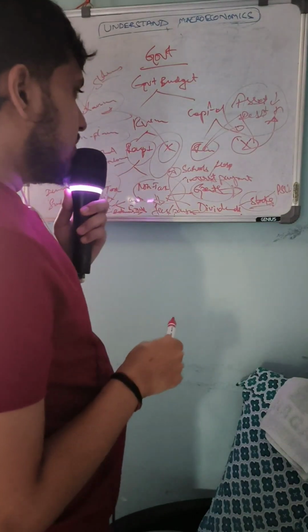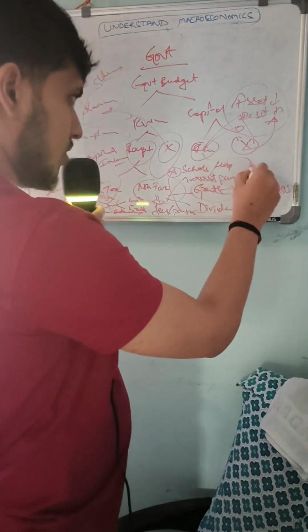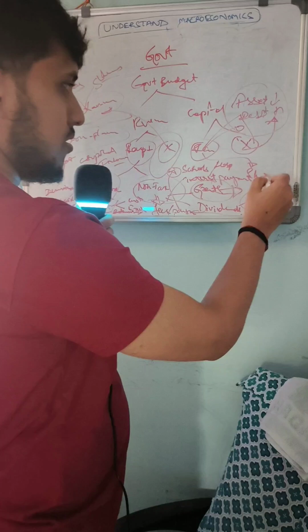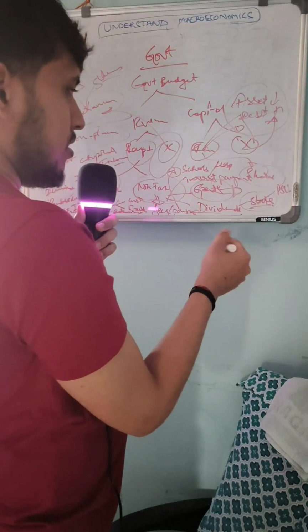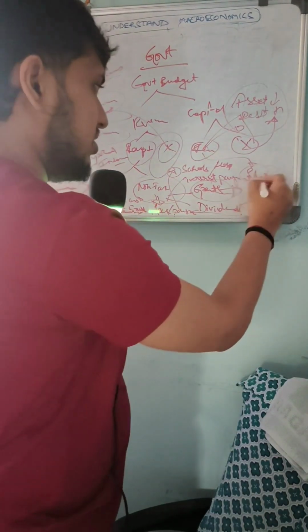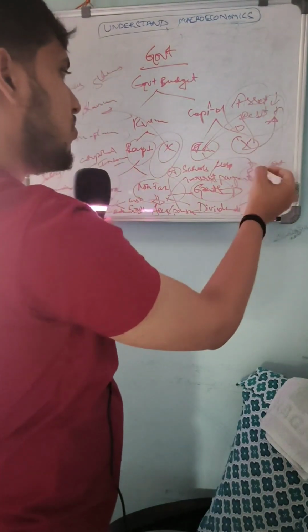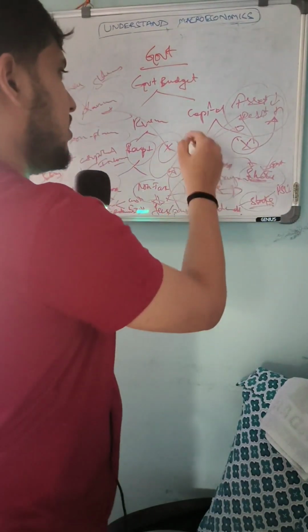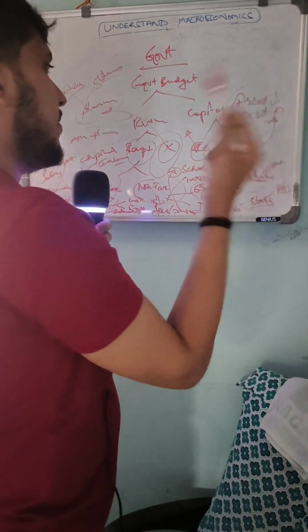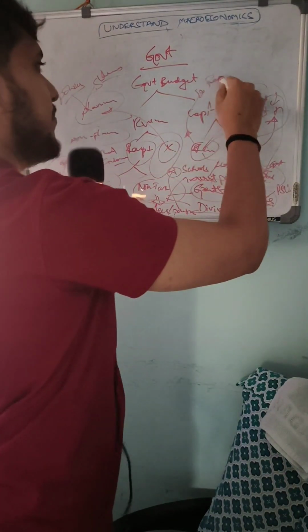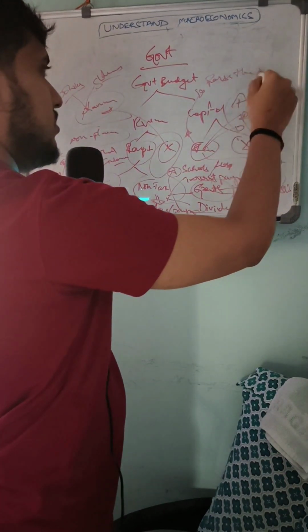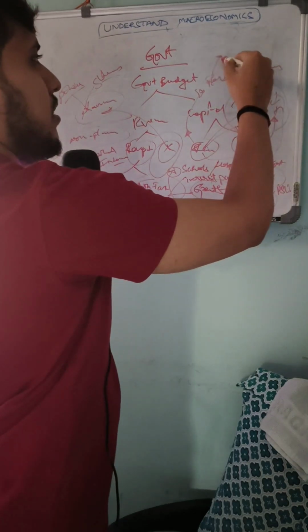In capital receipts, they sell the shares, government shares, that is asset only, asset reducing. Debt, they raise the money from the market,